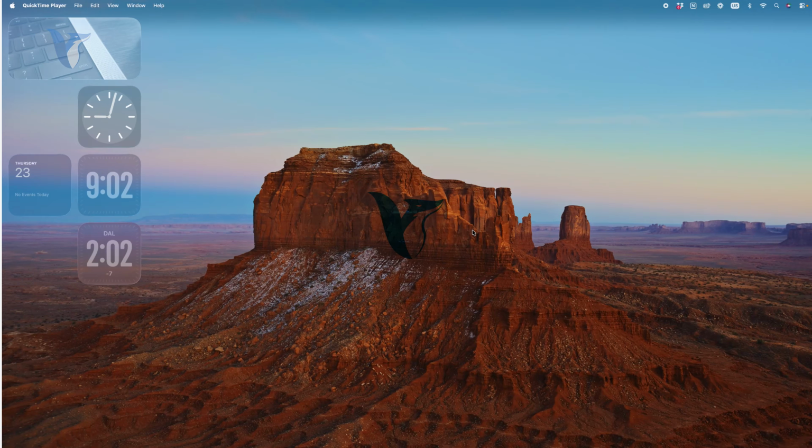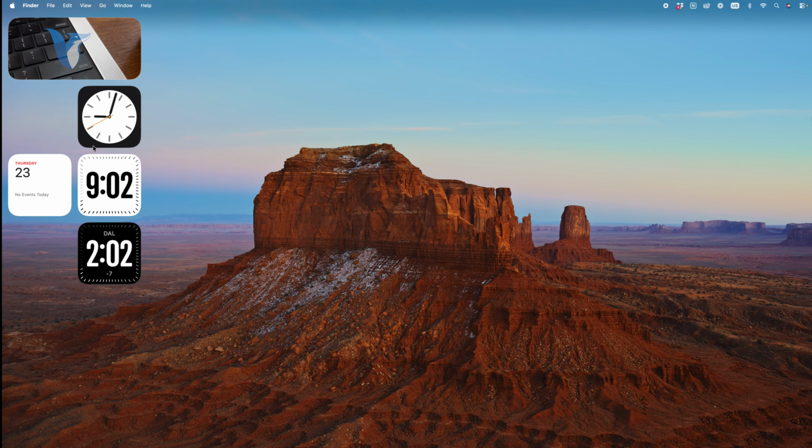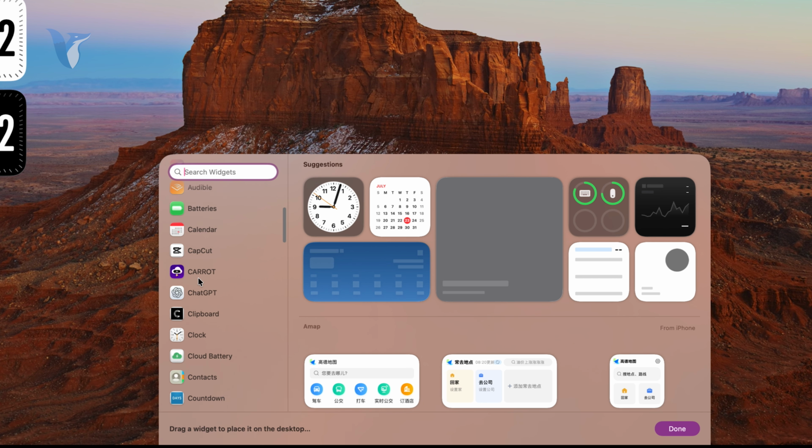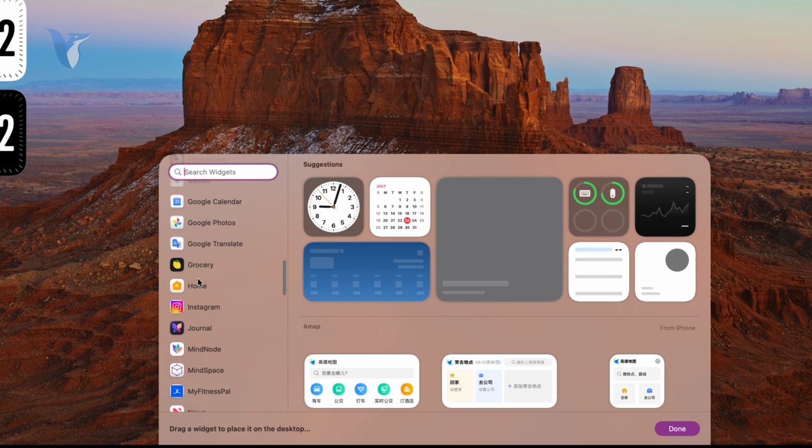Now let me show you how you can put the Notion widget on your Mac desktop. So the way that it works is that you have to have the widgets panel on the screen like this, and you can right click on that area and click on edit widgets. And this is essentially going to pull up the widgets panel below, and you can scroll through the options until